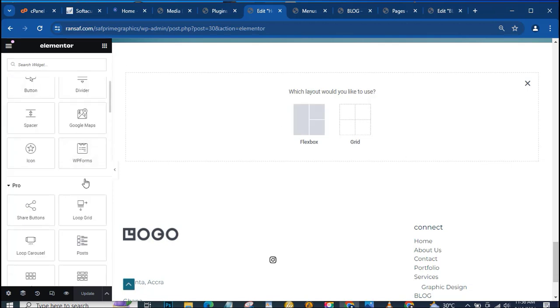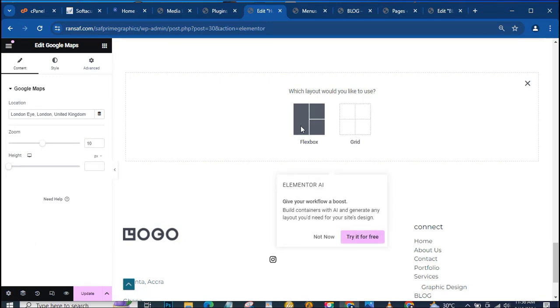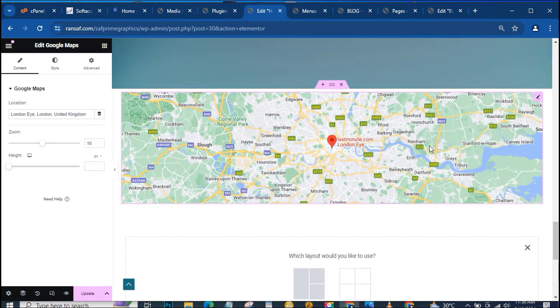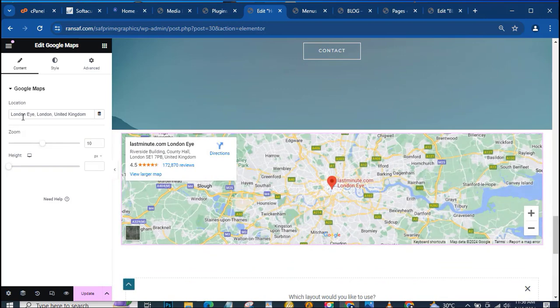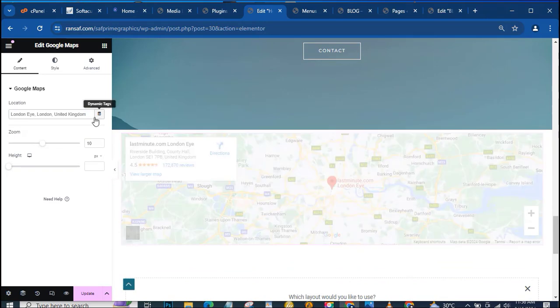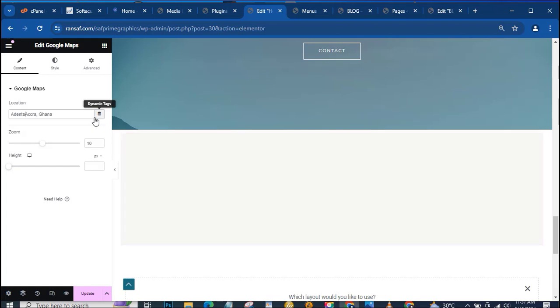So let's go and look for map. You just drag it and then leave it. Always make sure the map is the last one. So it is here. Now the name is London. So let's change it to wherever you are. You make sure you enter it with a comma. Great. Now you can